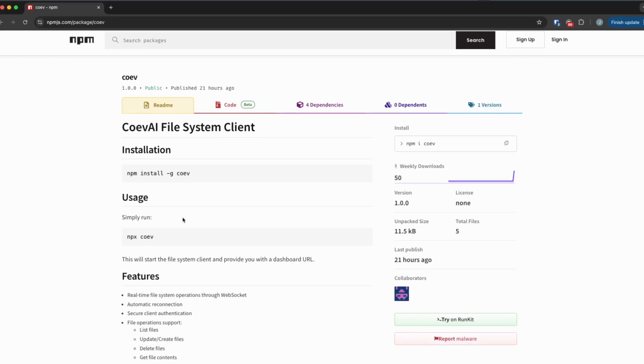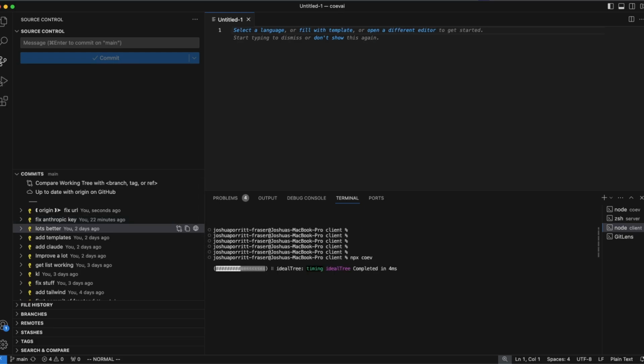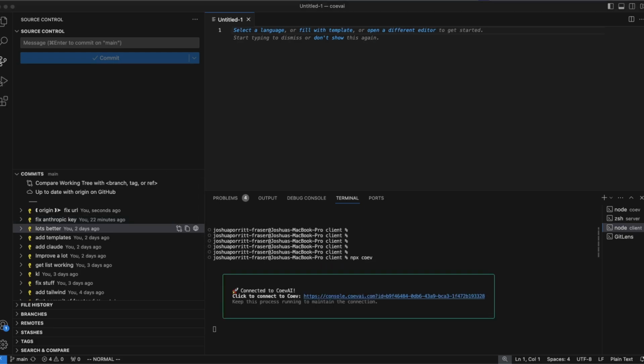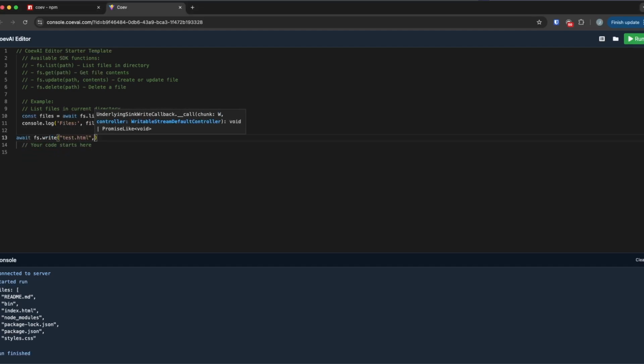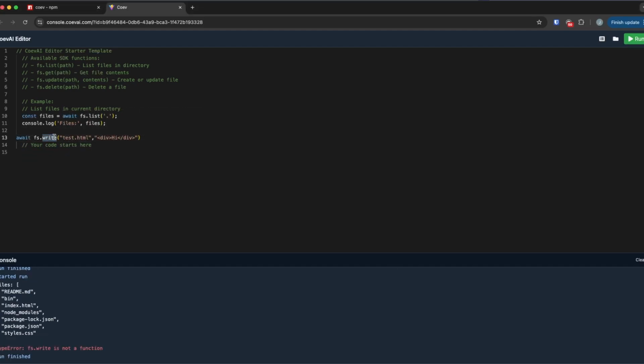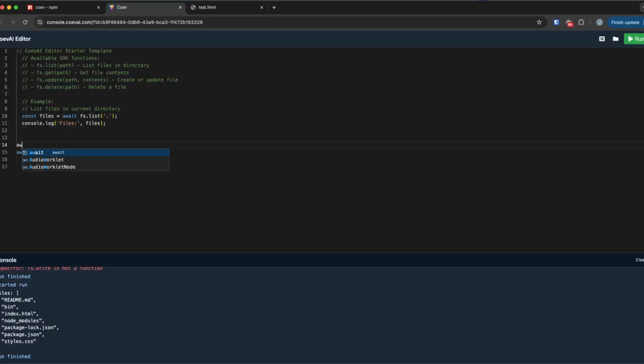To build our AI, I'm going to use a command line tool called Coev, which connects the AI to your file system. It allows reading files, writing files, and listing files, which is pretty much everything you need to build a Cursor equivalent product. You start the command line and then you click the link. It will link you to a dashboard, which will allow you to start writing code that will be the logic